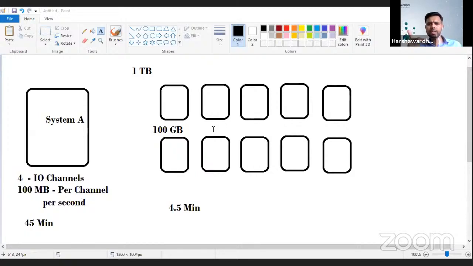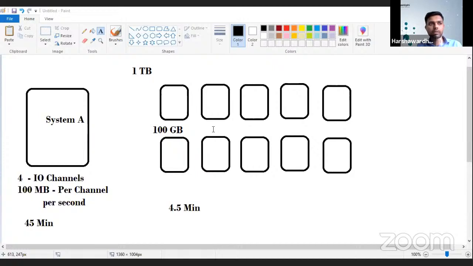The same thing is applicable to the left-hand side system A. But since it is a big system with a lot of power and computation, let's say it will not fail. On the other hand, in the distributed system, there are chances. Any particular machine can go down or get disconnected, so there is a little more overhead to take care of this distributed system. So what if one of the machines goes down? You are going to lose that data, 100 GB of data, if you consider this example.